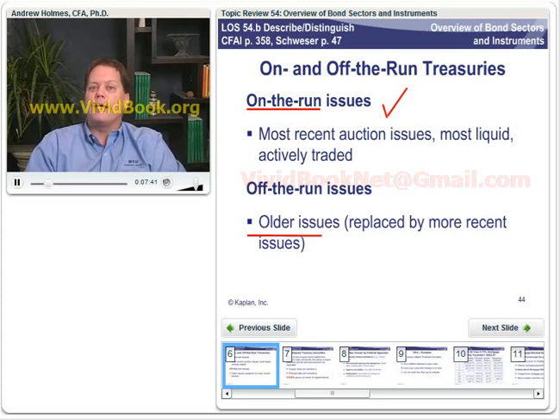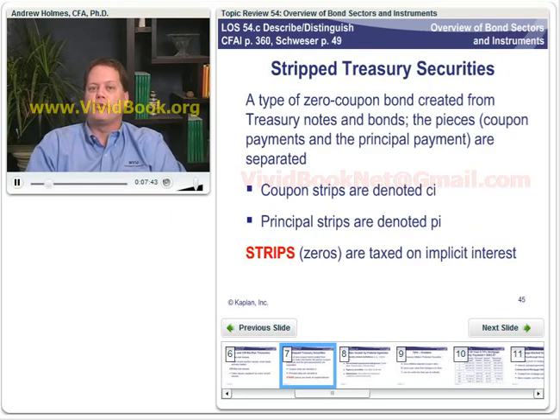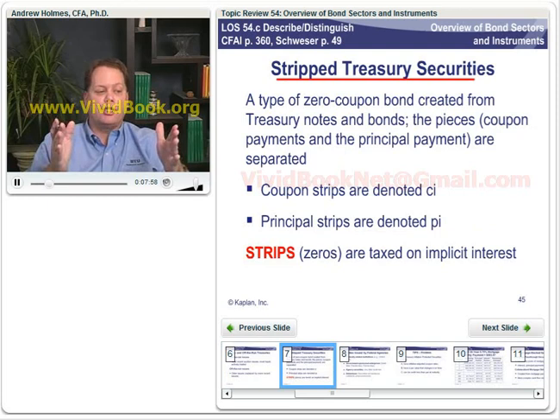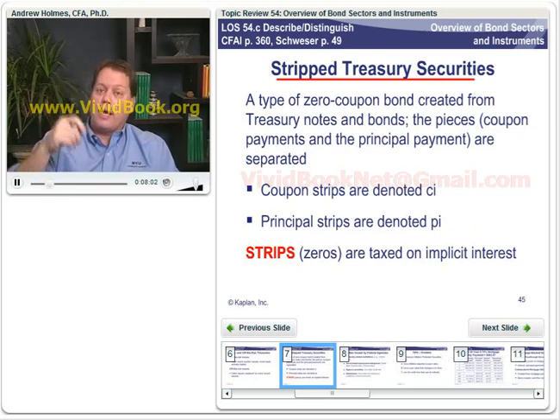What about a stripped Treasury security? All right, so a stripped Treasury security, well, why do we call these things coupon bonds? Right? Well, if you think back to the pre-computer era, actually this is going back even farther than the advent of good computer equipment, a bond would be issued and it would literally have coupons on one side. So you would get to the point where you're supposed to receive a coupon payment, you would pull off that little coupon, you would send it into the company, and they would send you back your coupon payment or your interest payment.